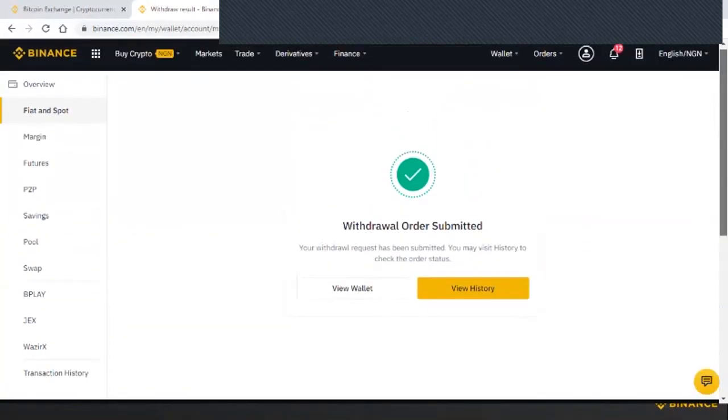Confirm. So you can see we've come to the end of the workshop. If I log into my account now, in a few minutes I should see it. Sometimes there may be a little delay, maybe based on the transaction volume.